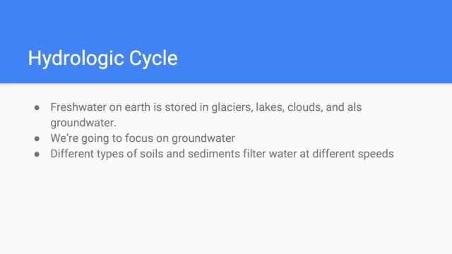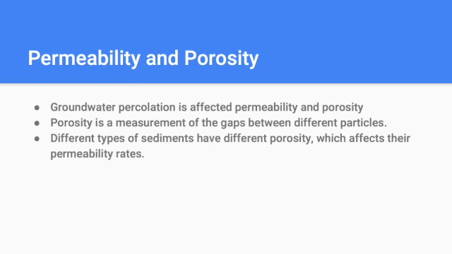There are different types of soil and sediments that filter the water at different speeds. We picked clay, sand, and soil as our sediments today. Groundwater percolation is affected by permeability and porosity. Porosity is a measurement of the gaps between different particles, and different types of sediments have different porosity, which then